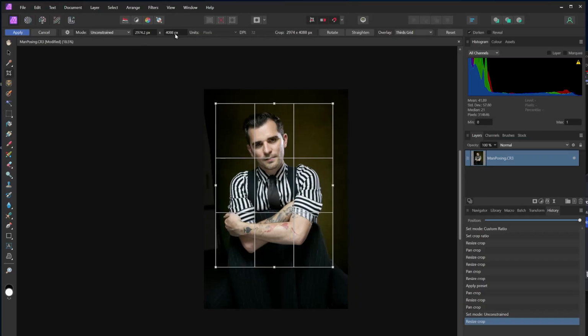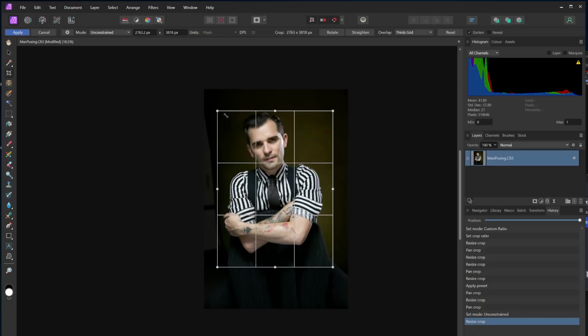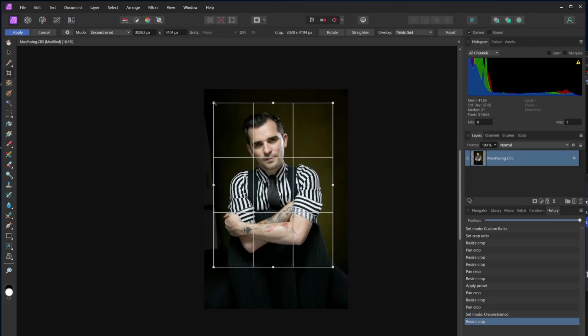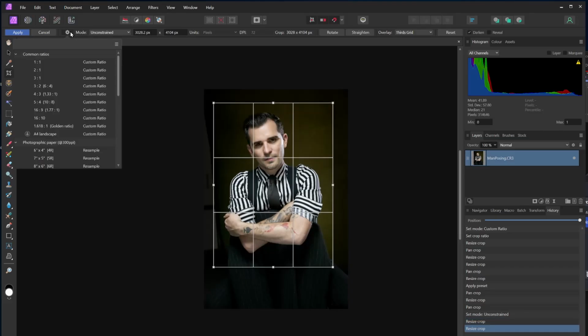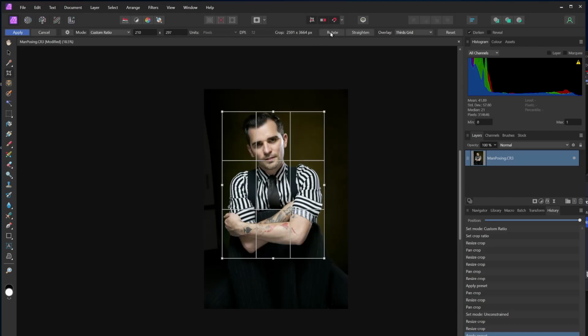You've got the size of the area that you're going to be left with, so it gives you an idea of how much you're cropping, how many pixels. So you can go right down and you can see the numbers just getting smaller and smaller. But we'll go back to an A4 and rotate it, and I'll just position that,